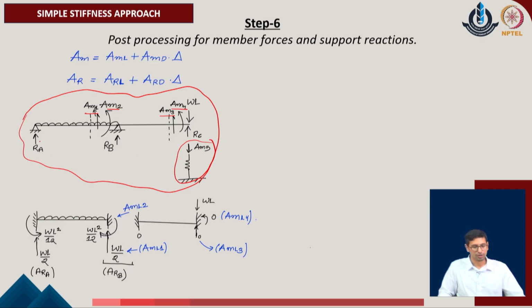The second part of the evaluation also requires us to calculate the reaction forces which are R of A, R of B, and also we are evaluating the reactions at the support C of the given problem, because this will also be one of the redundant or one of the unknown parameters of the given system. So, this also will be evaluated for the given system. Of course, later we will try to identify that this RC value, the amount of reaction which is effectively appearing over here, is same as the amount of the member force which is appearing as AM5 in the given system. Now, in order to evaluate the values of these given systems, we can utilize the similar concept which we did earlier for identifying the given system.